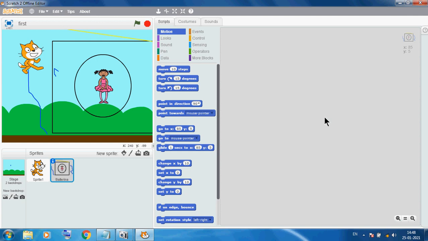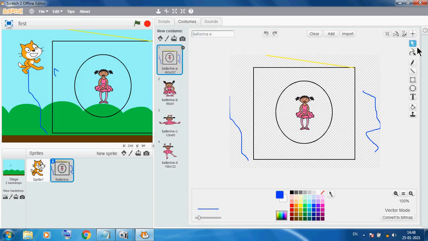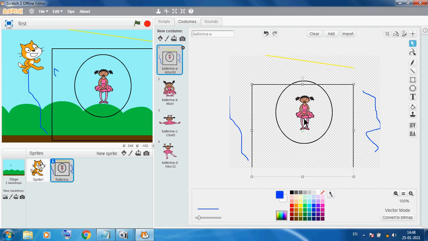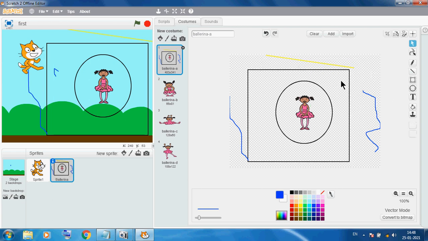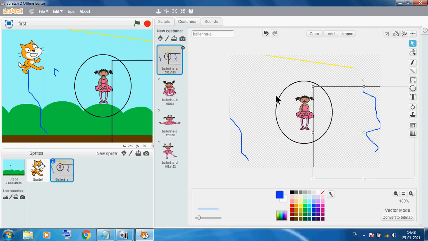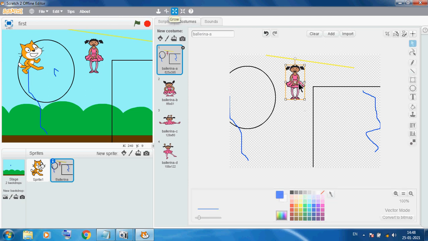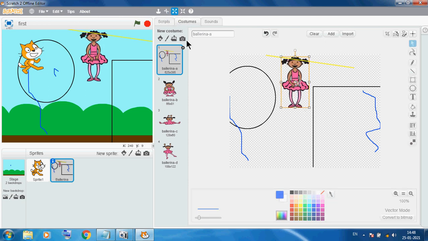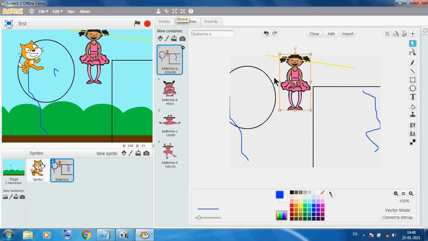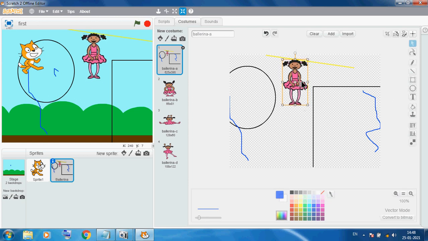Okay students, now when you click this and we can use the costume, we can use this option. We can also select this thing. Alternatively you can select this. Now there are several options. When you select and click on grow, it automatically grows. When you click on this button, it will automatically shrink. First you select and it will automatically shrink.